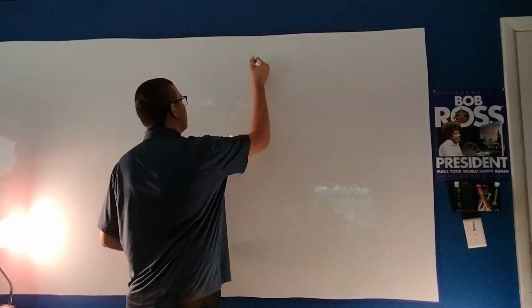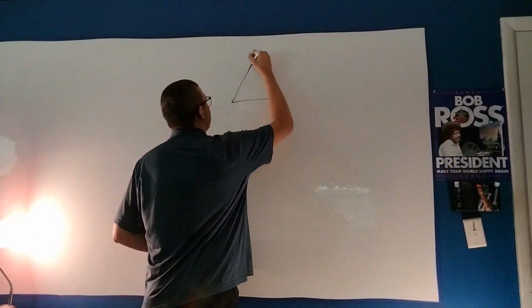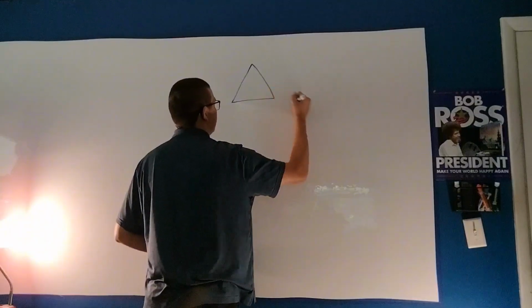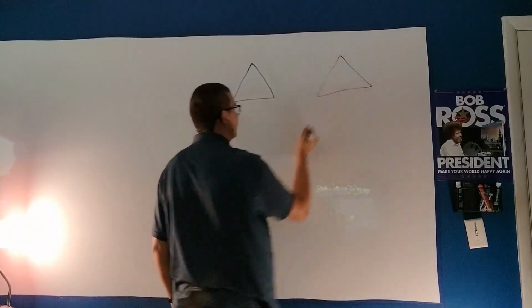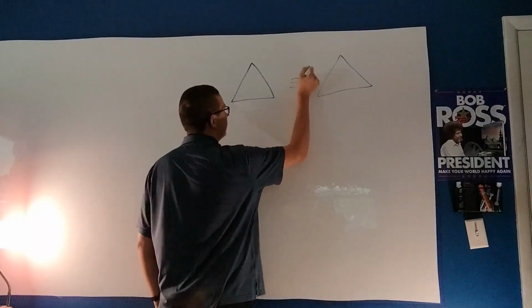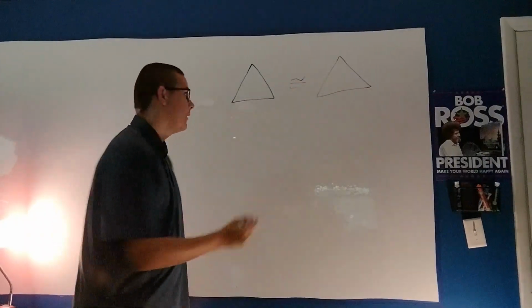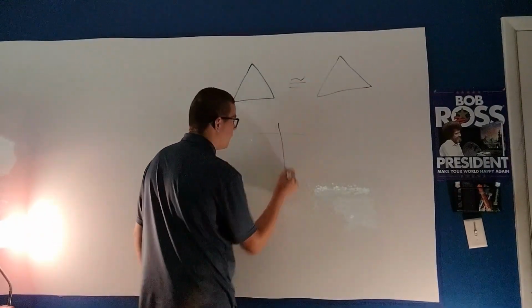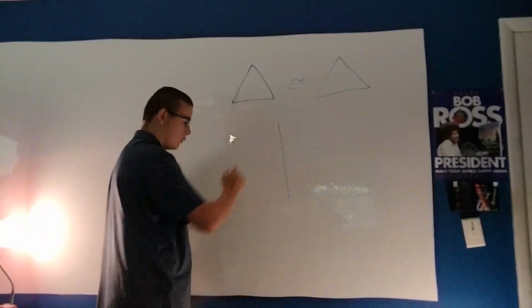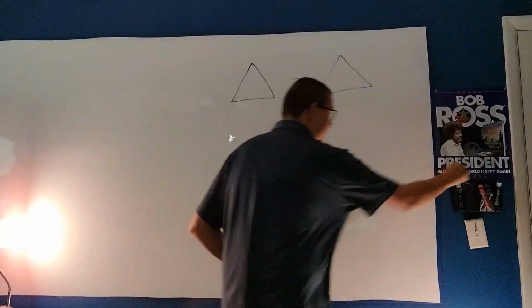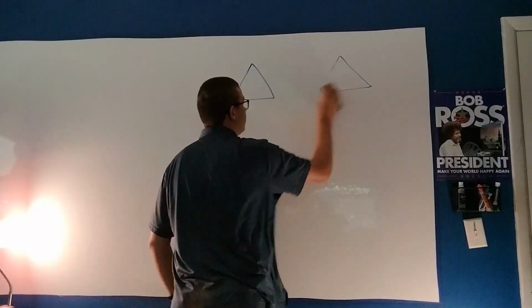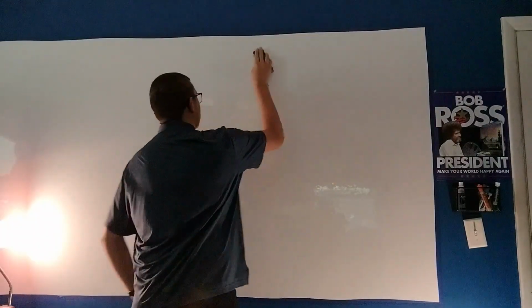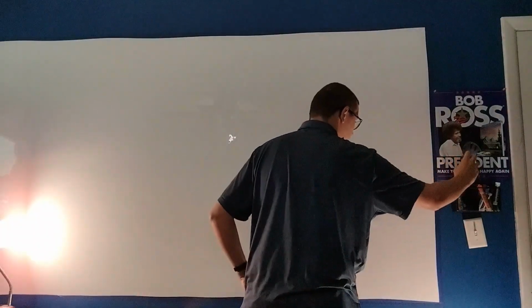So if we have this triangle and the exact same triangle like this, we can't just say they're congruent. We have to prove that they're congruent through that thing we learned in chapter 2 with the statement reason. But with that being said, before we can move on to that, I have to teach you a couple more rules for your statement reason tables,